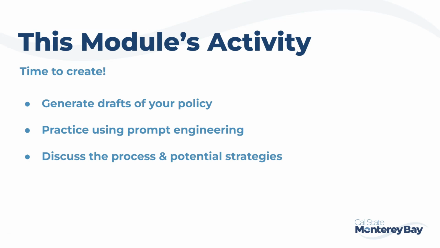So now that we've talked about crafting classroom AI use policies, your task is to practice creating those policies. In the lesson content below this video, you will find several resources, including other institutional and classroom level AI use policies that will help you formulate your own ideas. After you review those resources, you will complete a quiz to check your knowledge, and then you will get some more practice by using AI to generate drafts of a classroom AI use policy. Try using those prompt engineering skills, and remember, you do not need to use this draft in your actual courses.